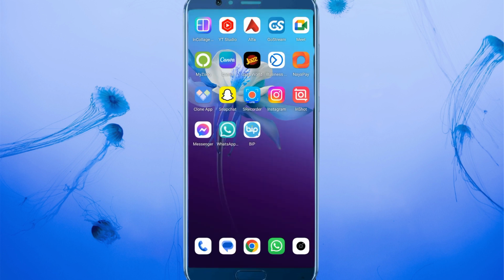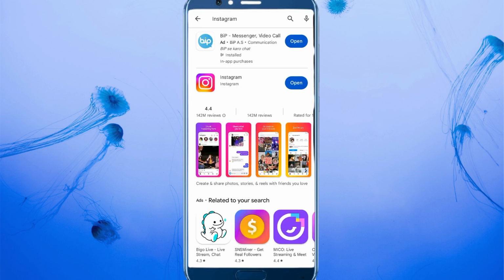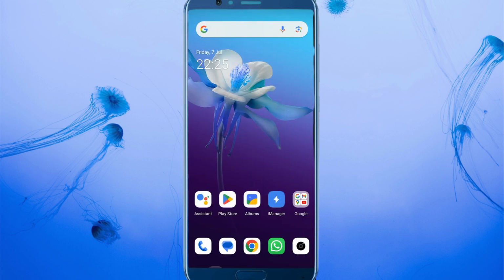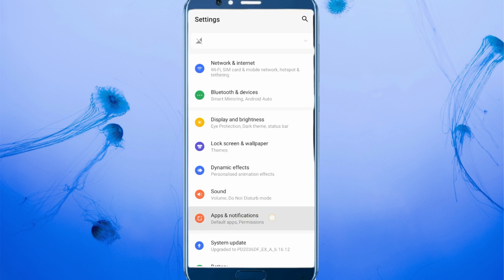So first of all, go back and open your Play Store app and search your Instagram. Click on Instagram and make sure that your Instagram app is updated. So if not updated, then you need to update it, and after this go back and open your settings. Click on apps and notifications